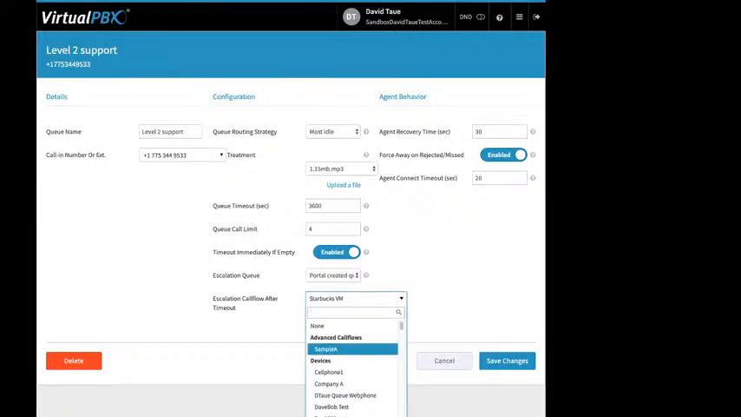I can send it to another attendant. I can send it to a specific phone. I can send it to my user directory. I can send it to one of my ring groups. I can have a media file play, which again would just end after that file is played. I can send it to a specific user or to a voicemail box. Now this comes into play